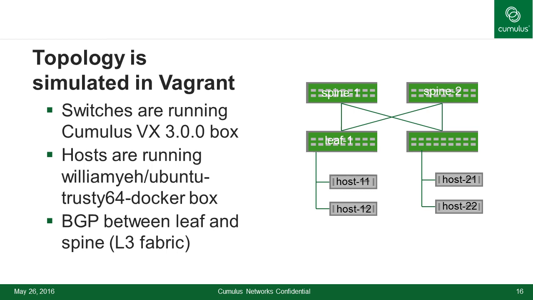I'm essentially running a layer 3 network between the leaf and the spine. The hosts in each rack are singly attached, and the subnet stays within that rack. We'll cover more complex topologies and more complex situations separately, and we have covered that in the past as well, so I don't want to take the time to talk about it. But this is the topology that we are going to be using when we talk about the rest of this.